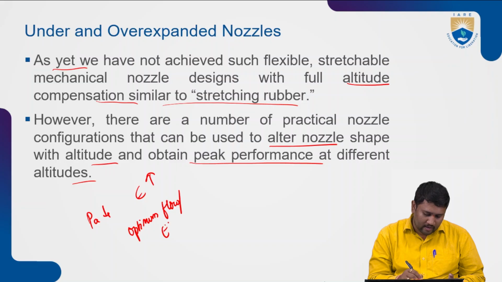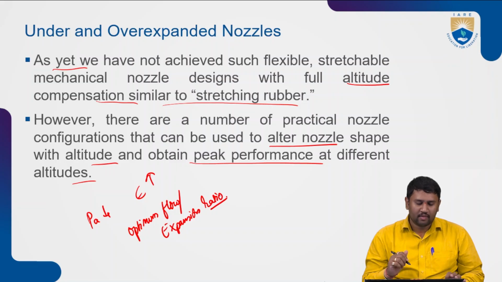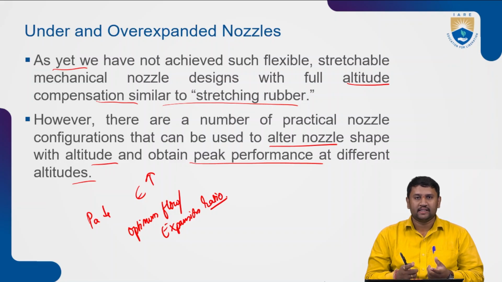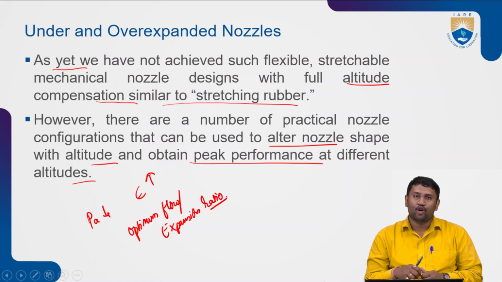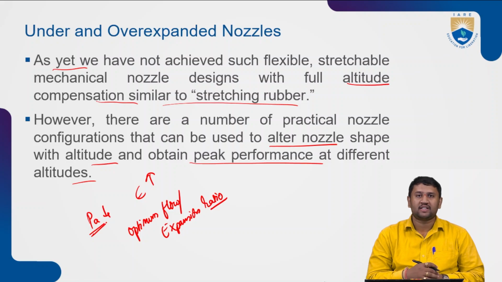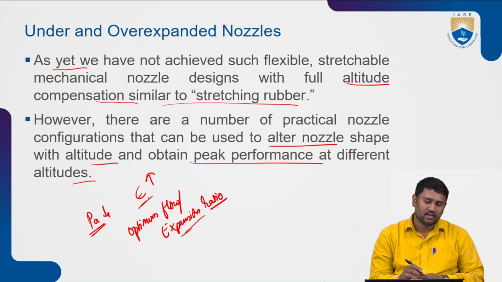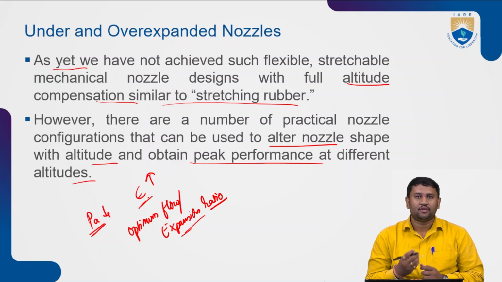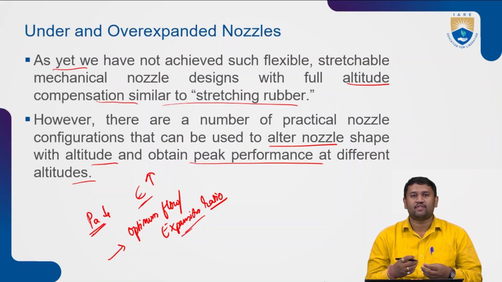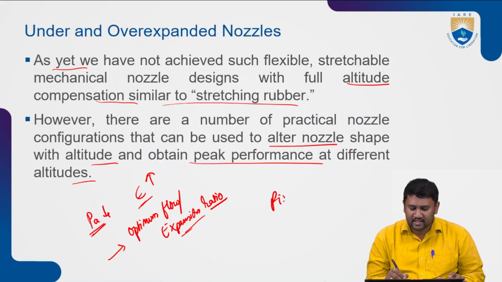In order to get my optimum flow or expansion ratio, now coming to this, what happens? The nozzle is supposed to be modified, either in flight or during static flight, in such a way that as the pressure ratio changes, as the ambient pressure changes, the area ratio also needs to be changed to get my optimum flow, right? That can't be done during in-flight because the nozzles we are using are fixed-type nozzles,